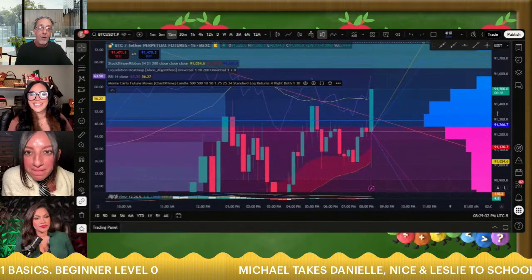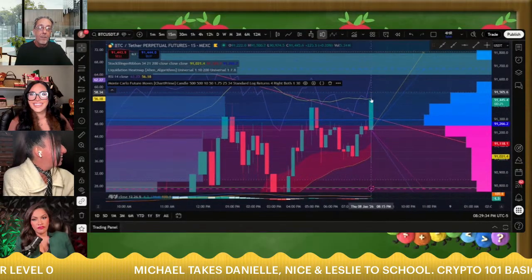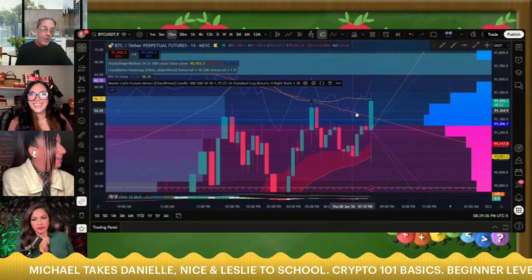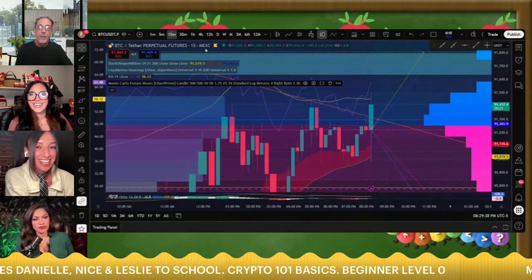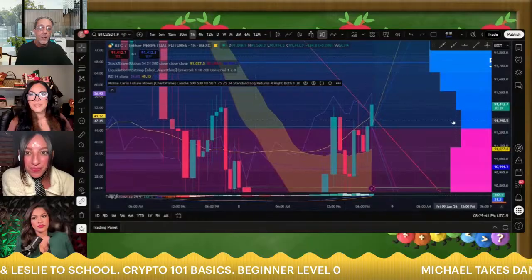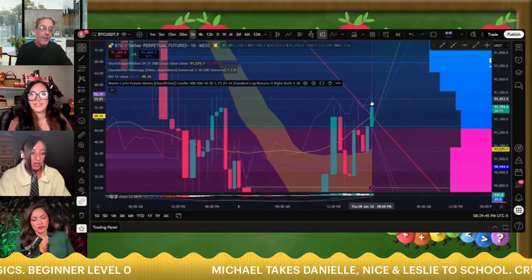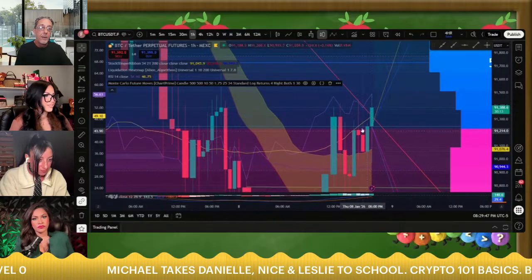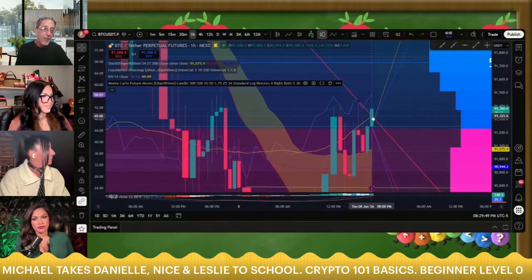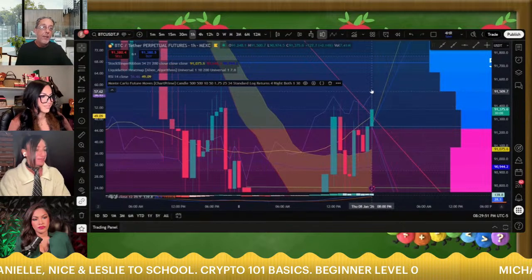Go, go, go. It's going up for the win. But you see, it crossed over that trend line too. And what happened? Right? Now let's look at it on the 1 hour. Boom. There you go. It came up and hit this mark and came back down. But you see what happened when it crossed over that trend line and got above it. What happened? It came up.